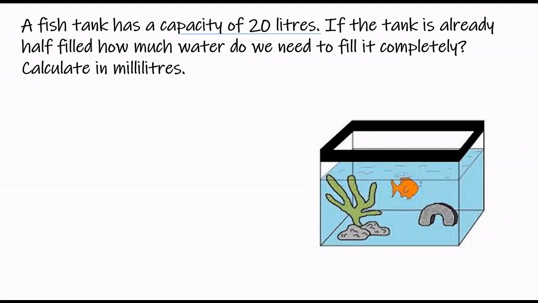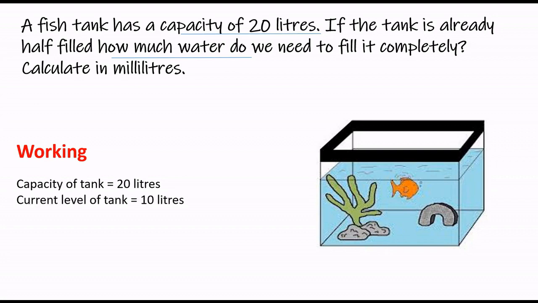First of all, again, we need to underline the important values. The capacity of the full fish tank is 20 liters. We are supposed to calculate how much water we need to fill it completely if the tank is half filled. So, capacity of tank is 20 liters. Current level or volume of water in the tank is only 10 liters. So, how much is needed to fill